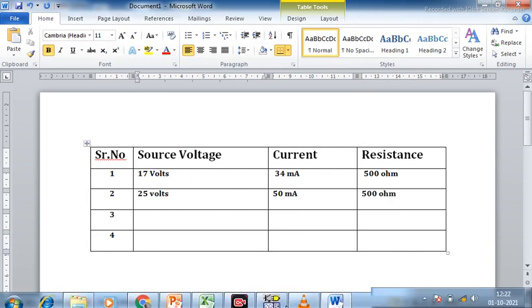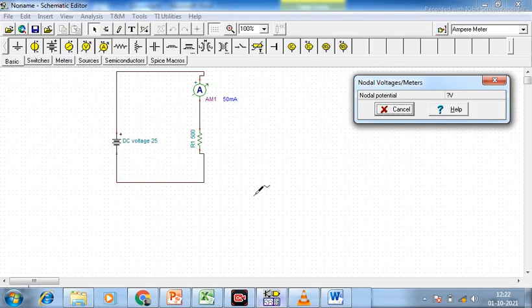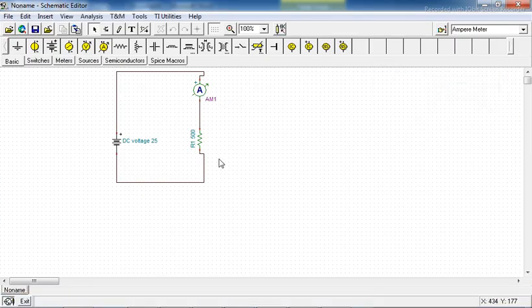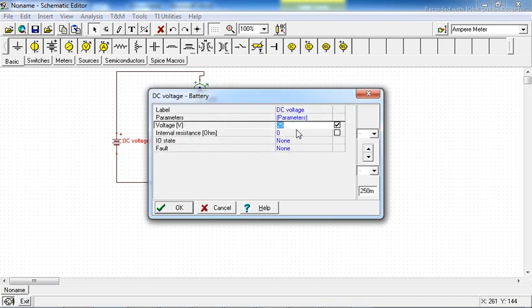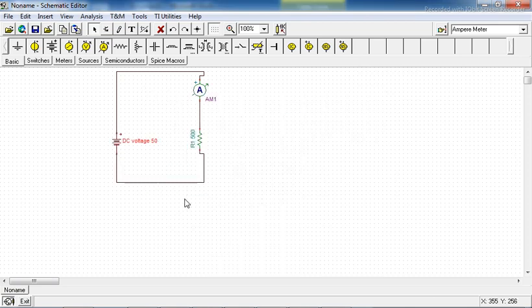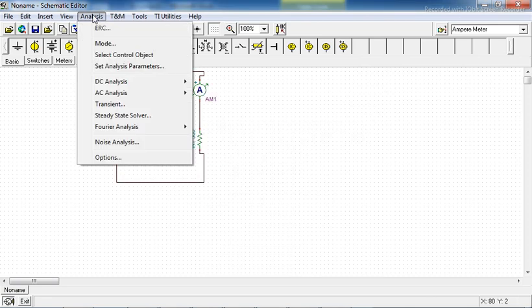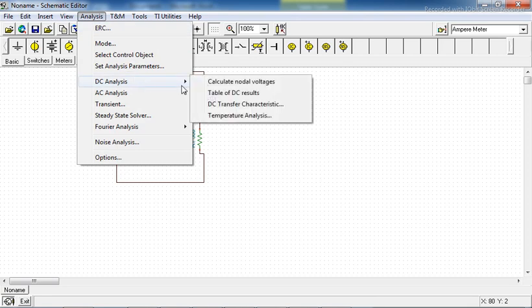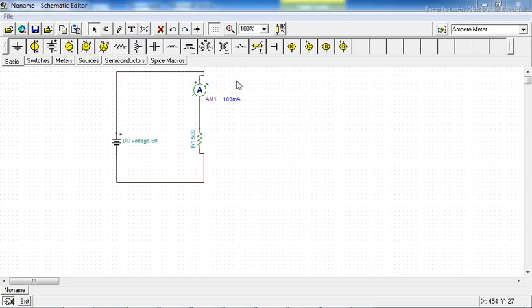Let us take one more reading after increasing the value. Instead of 25, let us keep it at 50. Okay, let us run it. Move towards analysis, DC analysis, calculate nodal voltages.